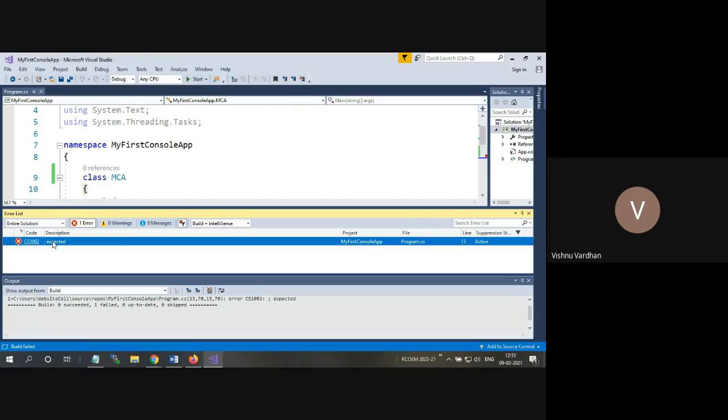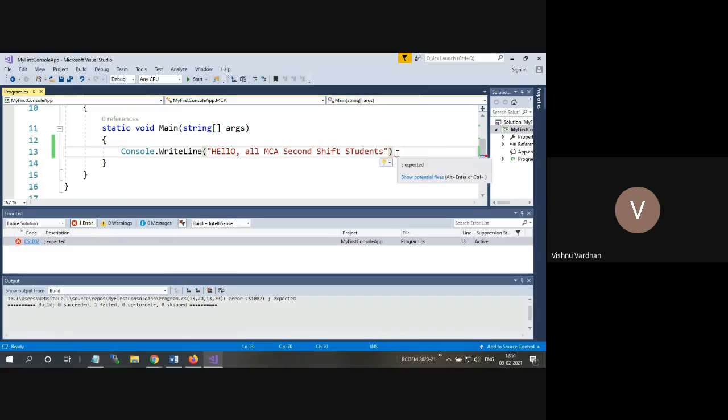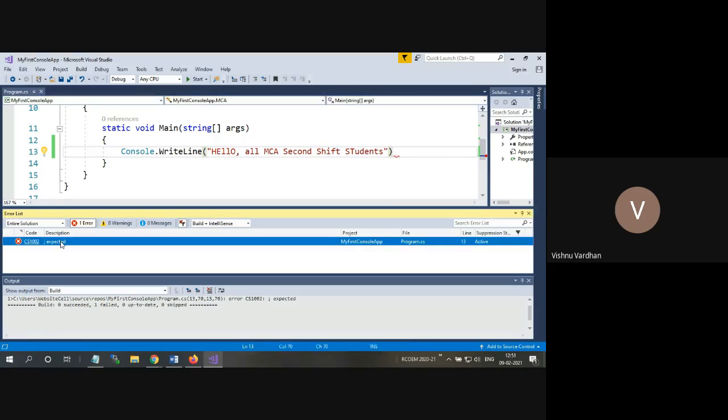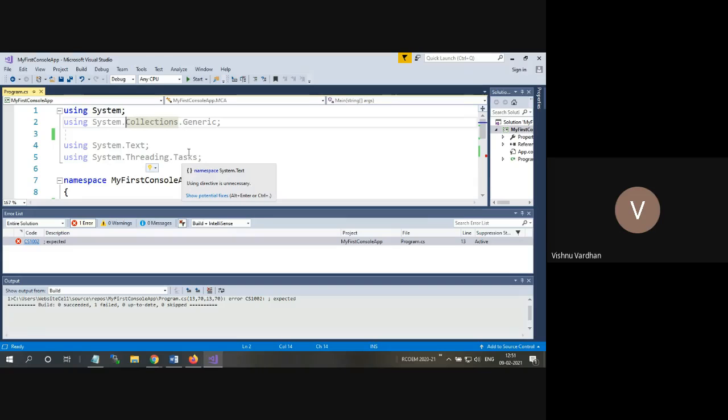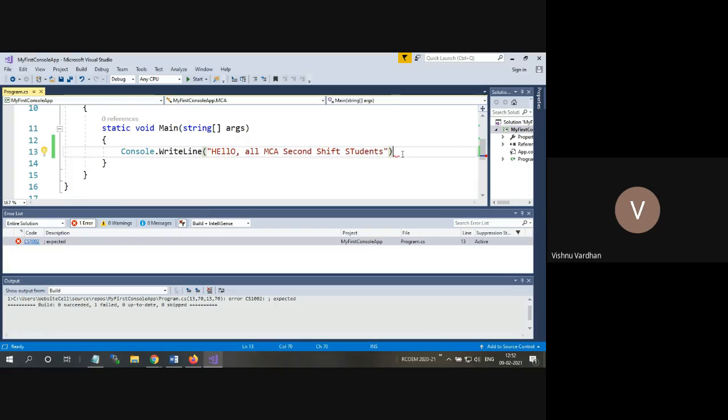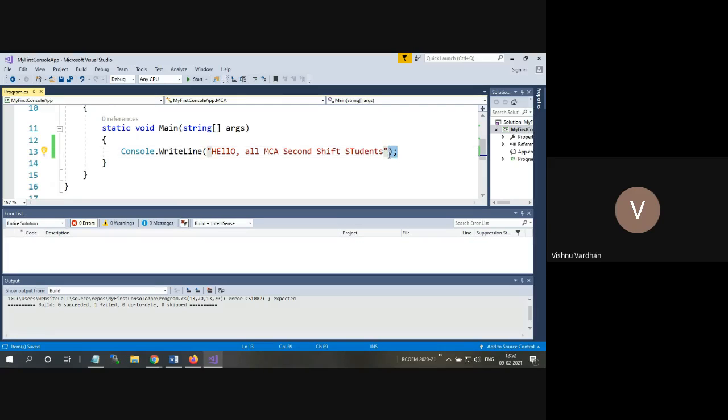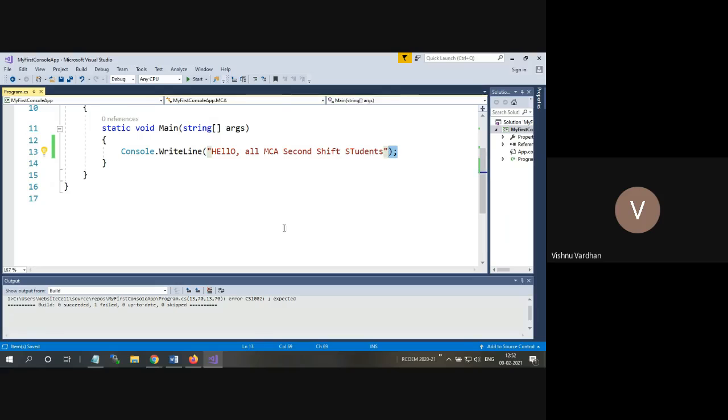Okay, so it actually gives the hint on the bottom. You can see this one is expected, and if you are having some 10,000 lines of code, simply double click on that, and it will directly take you to that line. Okay, simply double click on this. If anywhere you can have in your code, your cursor is pointed there. Simply double click on that, and it will directly take where that probable error was there. Okay, so then you are going to make the corrections. Now put the semicolon as expected. Okay, now that red line is also gone, and then you are going to save that and simply start again,